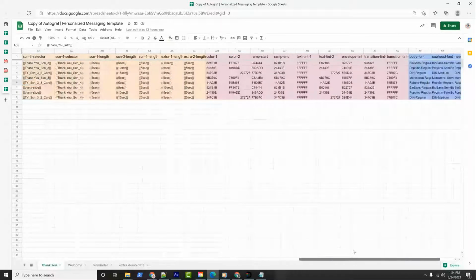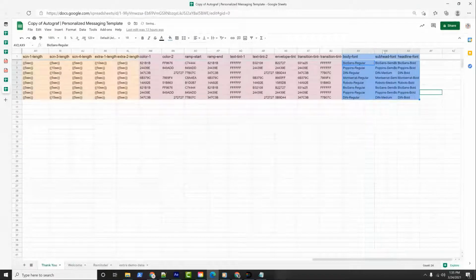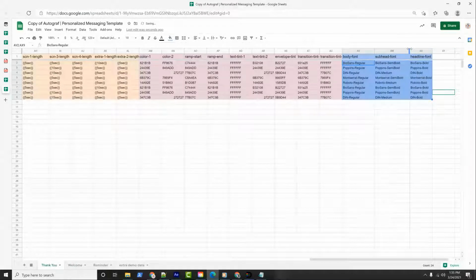So if we keep scrolling down, these are hex values that are used throughout to make sure that you've got the correct theme. And then what's really cool is that the font styles are actually driven by the data as well. So you can change the fonts from the data. Now, with Templater, the font names have to be referenced using the PostScript name, which can usually be found in the Windows